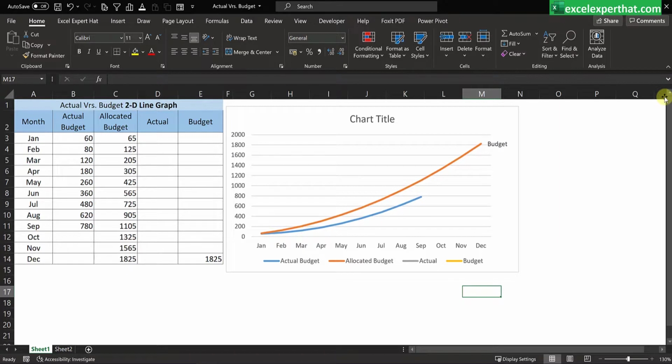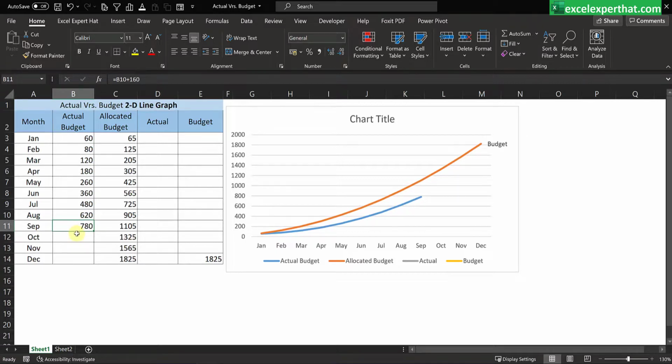Now for the actual line, it is a little bit difficult to show the actual tag on this actual line, because actual changes every month. Now we are in September. So here 780 of the actual budget has been utilized out of the allocated budget of 1105.